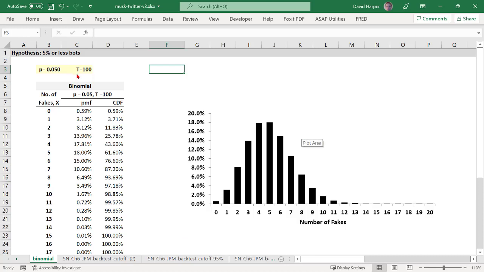Why? Because when Elon Musk goes to look at each account, it's probably going to be a real person, but it might be a fake bot. That's a classic either or, right? Is it a bot? Yes or no, true or false. That is a Bernoulli variable, we call that, the simplest possible random variable.